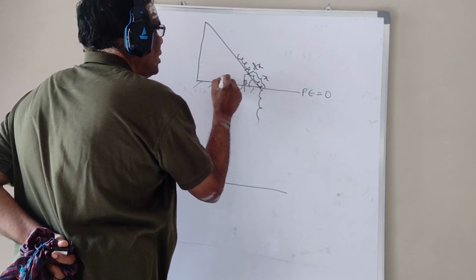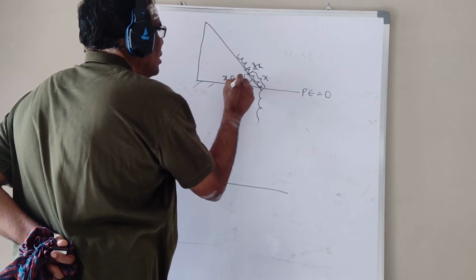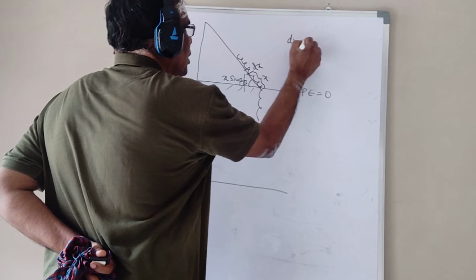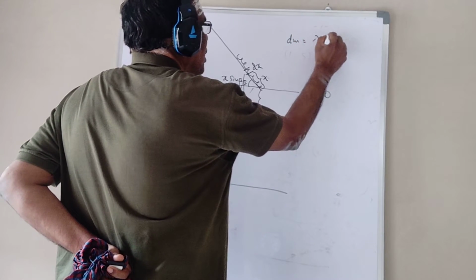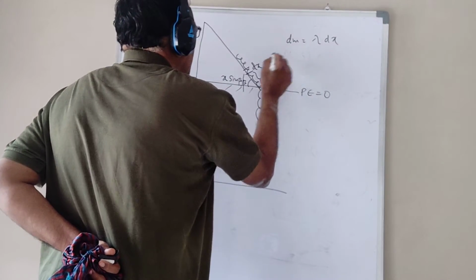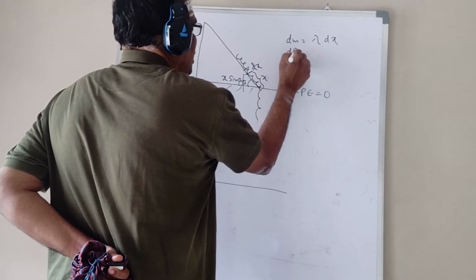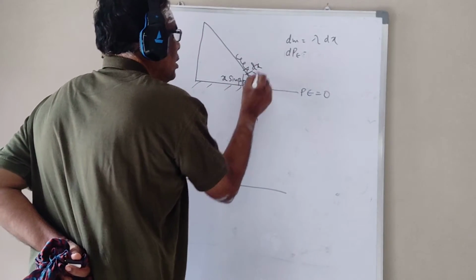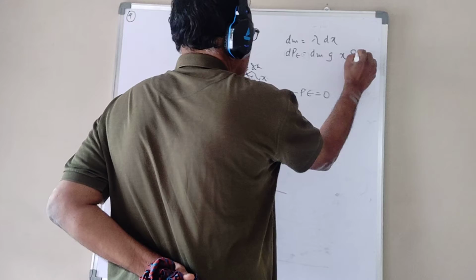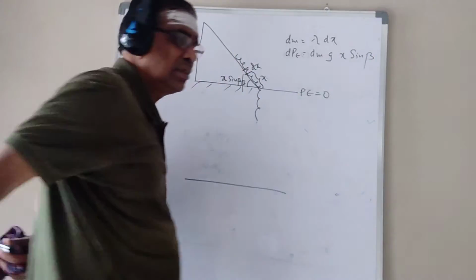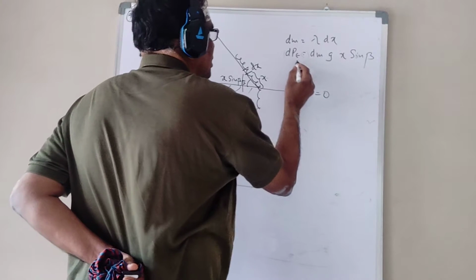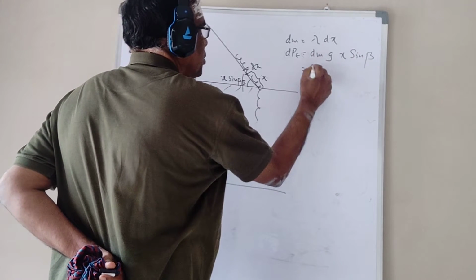So what is the height here? x sin beta. What is the mass of that element? Lambda dx. And what is the potential energy of this element? mgh. I didn't do it purposely in the other class, expecting you to